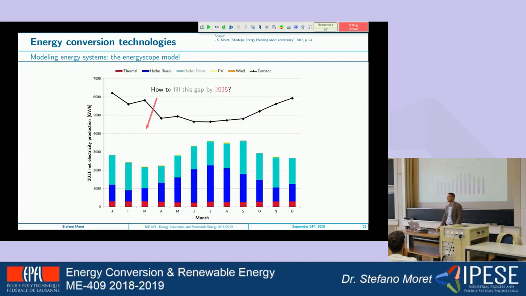And so this is what has caused the debate in Switzerland. How do we do the energy transition in Switzerland? How do we balance the fact that we won't have nuclear energy available?